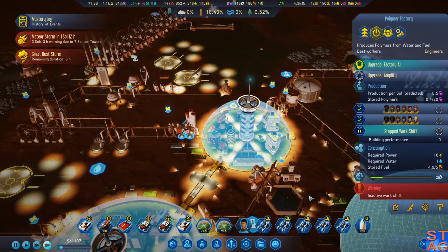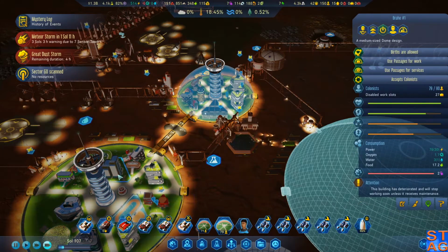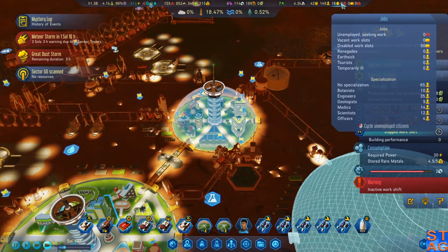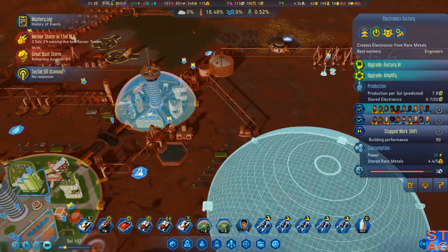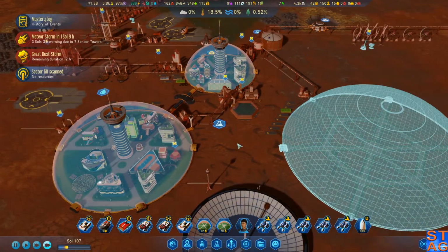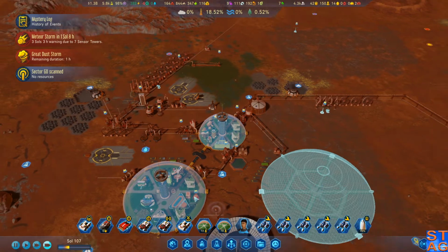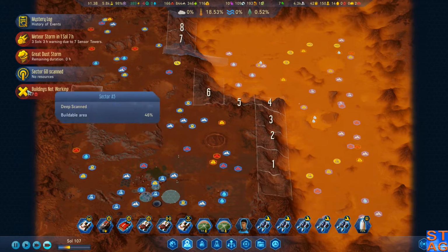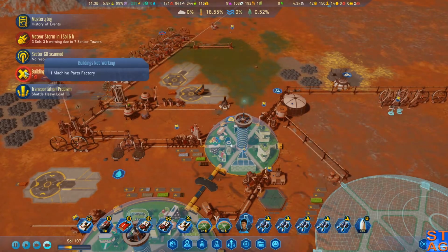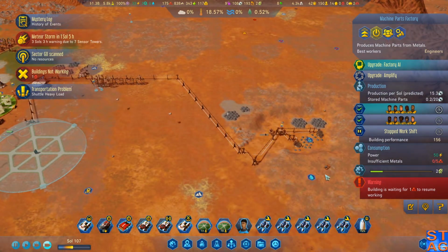Alright, polymers running low. We're doing pretty good on polymers, but let's actually do this as well. We're going to do another amplify. And then once we get, because we have no available jobs. We have 16 vacant residential spaces, and I want to actually create more jobs, and wow, this one's full. That happened really fast. I like it. Right. So we're going to have a double meteor storm coming, which is okay. As long as it's not working, yeah, it's everything. Okay. And my machine parts factory is waiting for metal. Okay, that's a problem. Hopefully these guys will be able to...